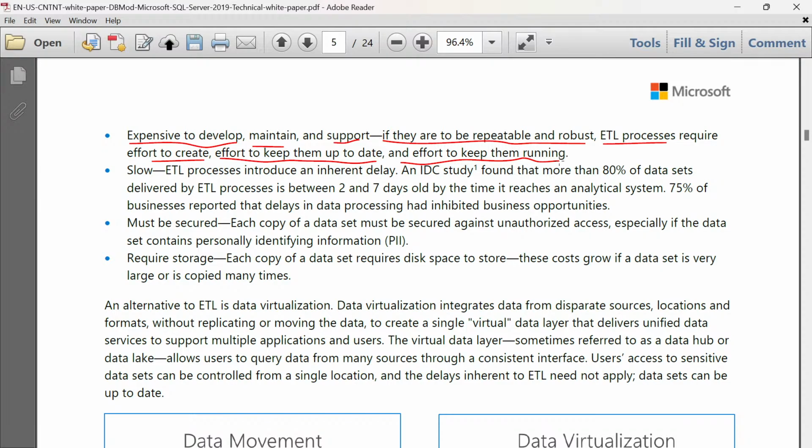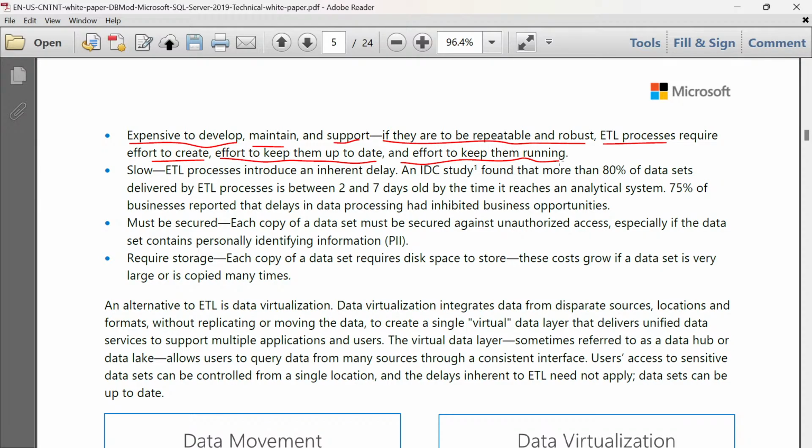Because you need to give effort in creating the ETL processes, to keep the database systems up to date, and most important, to properly maintain the database system so that